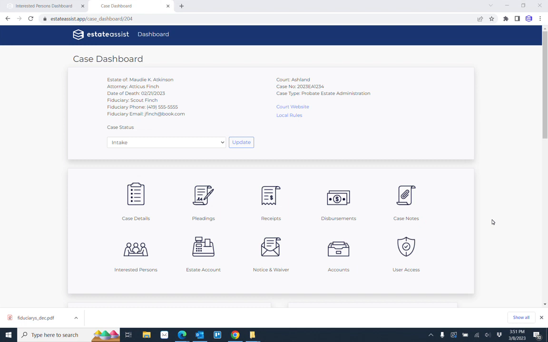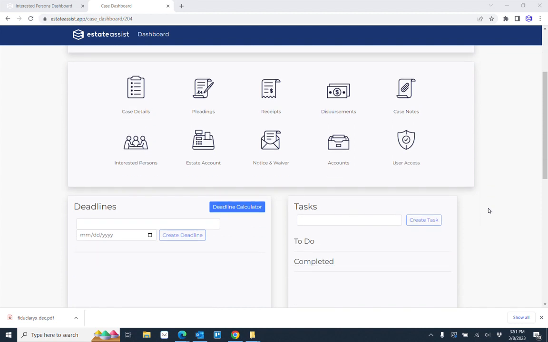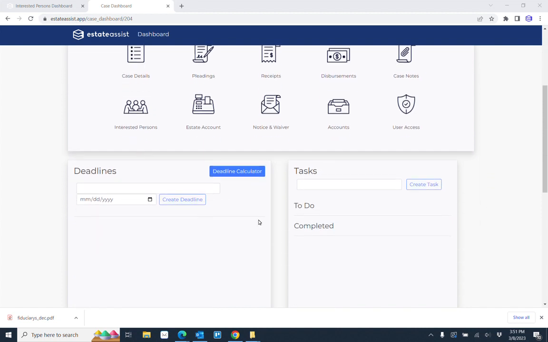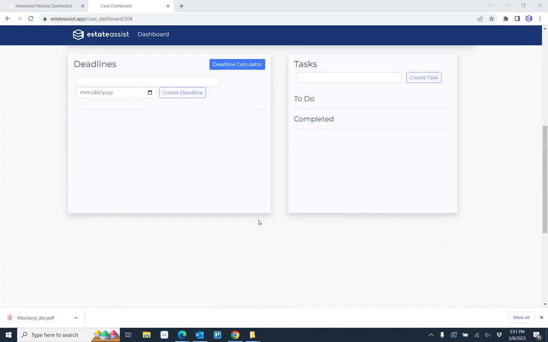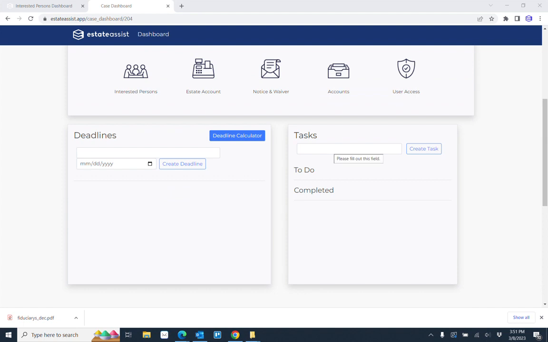When we have an active case that we're working through, EstateAssist gives us a couple of widgets that help us keep an eye on things that are happening in our cases. Specifically, they're down here at the bottom of the case screen, the case dashboard. One is for tracking tasks, and one is for keeping track of deadlines in a case. And so for a task, we might put